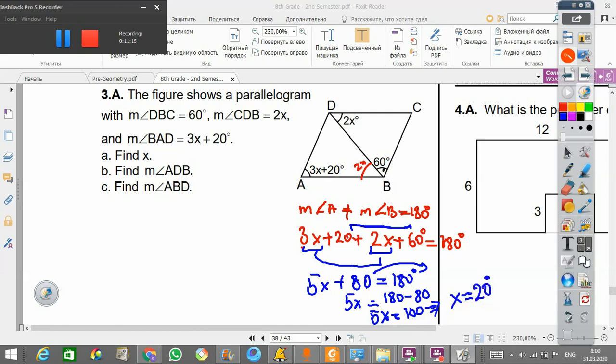So now we have found x, so x is 20 degrees, and next one, b, measure of angle ADB. What is the measure of angle ADB? One minute. Measure of angle ADB is equal to,